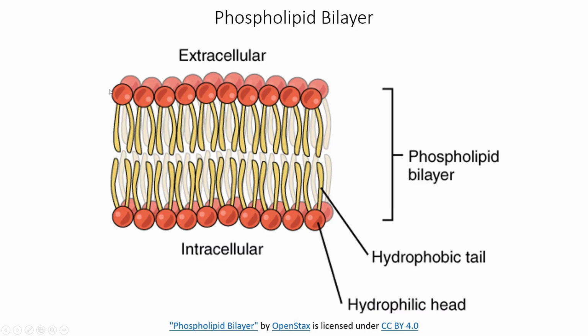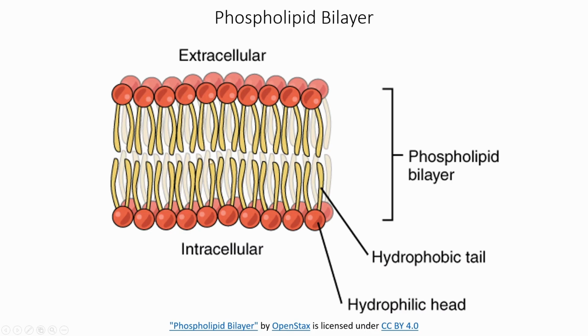And so that means that the phosphate heads, that are hydrophilic, they're going to be attracted to the water. So these phospholipids are attracted to the water on the outside. These phospholipid heads are attracted to the water on the inside. And that creates this kind of sandwiching of the hydrophobic tails because they don't want to be near the water. So they're going to push themselves on the inside of this layer where they feel protected. They're kind of sandwiched and squished between the two hydrophilic head sides that are facing the water, creating this lipid-based